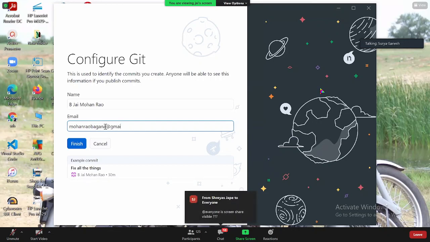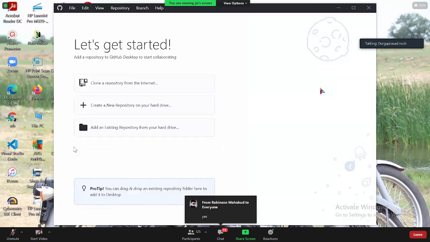Sir, are we supposed to clone the UI classes repository? You are not supposed to. You can only access my content, but on the top, if you want to create your own repository, you can always do that. I'm going to give you a folder of assignments and all. There you can do the changes, because this is a public folder everyone will be using, right? That is the reason.